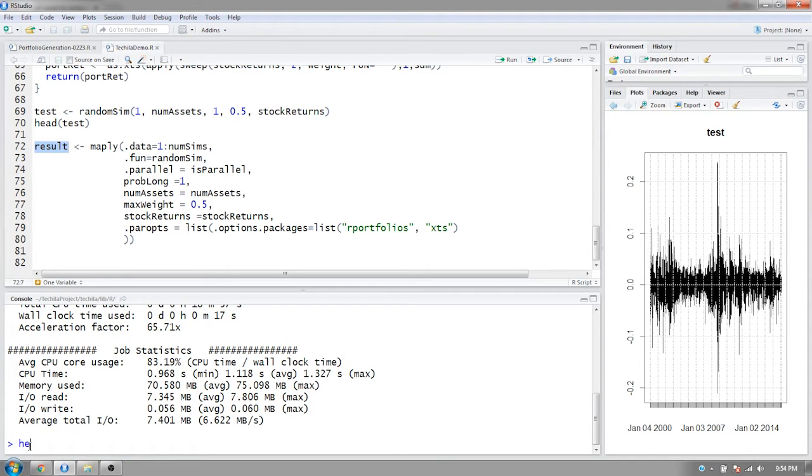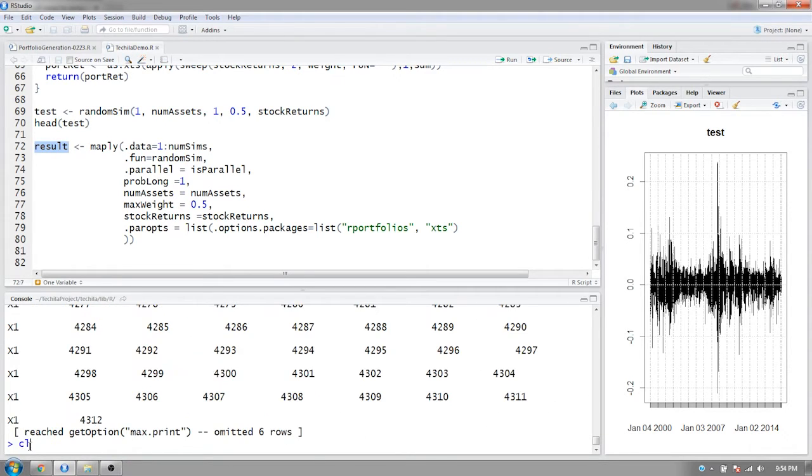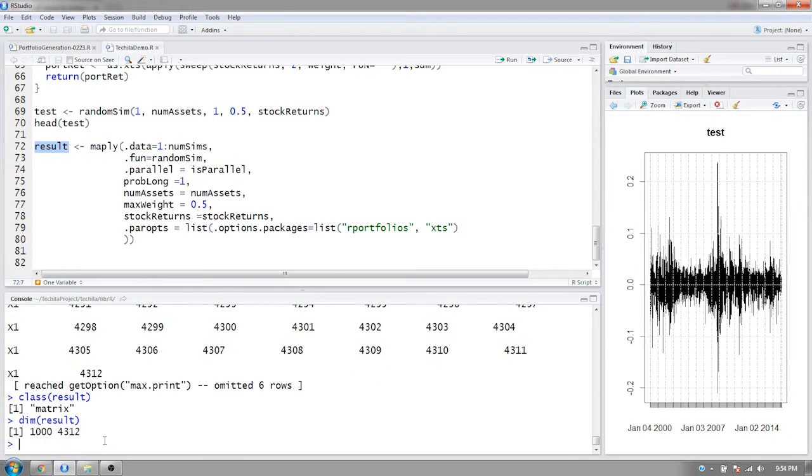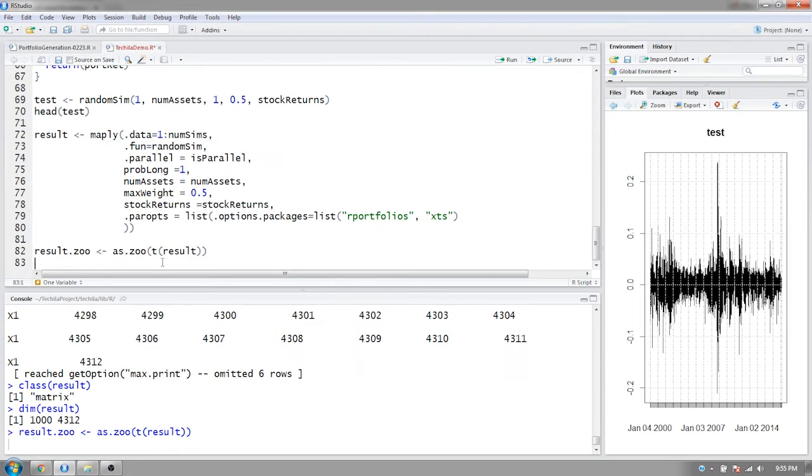So if you just check out the result object, you can actually see it's a matrix. And it's huge. So if we do the dimensions of the matrix, it's 1,000 by 4,300. So just to make this a little bit more manageable, let's combine this into an object, right? So let's do result.zoo equals as.zoo, transpose our result. Okay? So now we have a zoo object,